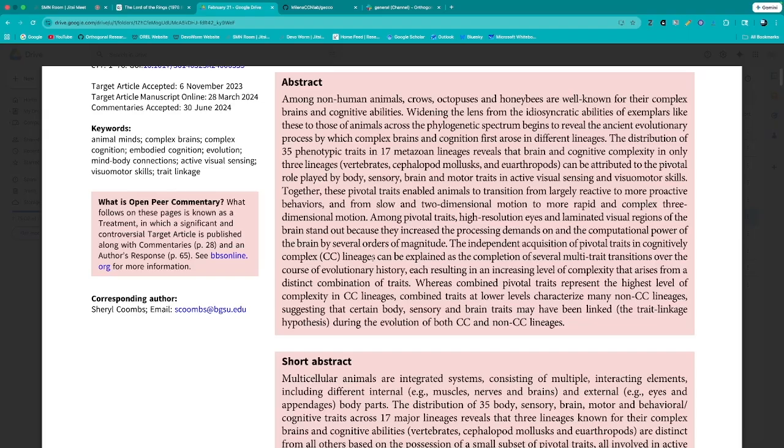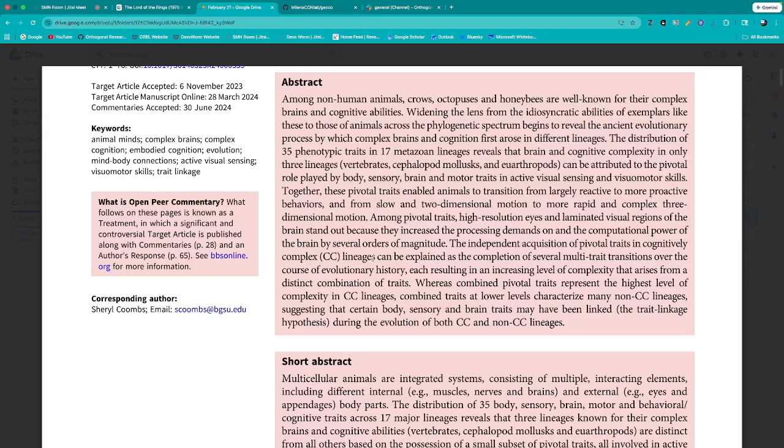Whereas combined pivotal traits represent the highest level of complexity in CC lineages, combined traits at lower levels characterize many non-CC lineages,